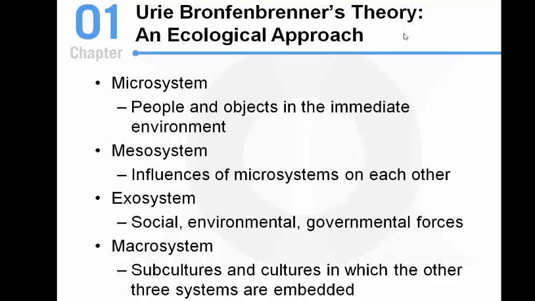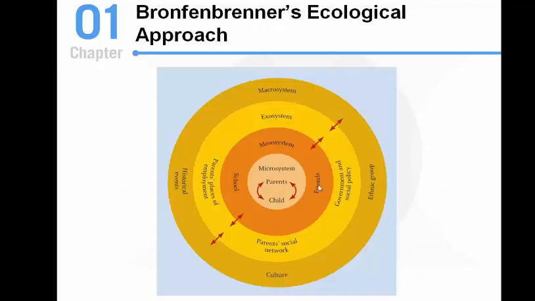And then as you move out, we're going to have other people and things that are still impacting us, but maybe not impacting us directly and maybe not impacting us on a daily environment. So here we are in the middle. Our microsystem would be the people we spend the most time around. It lists parents here. That's often parents, but not always parents, but could be peers, could be teachers,